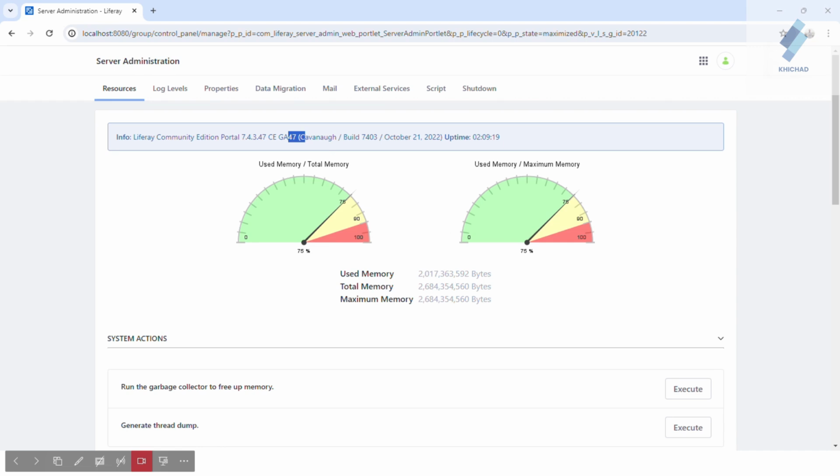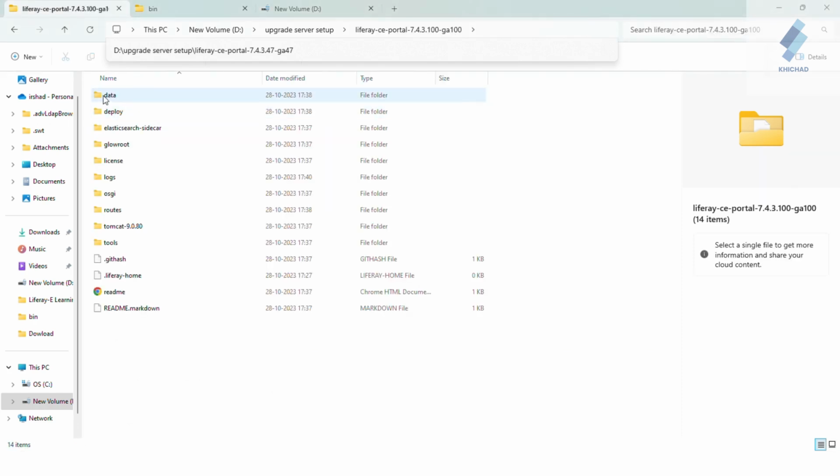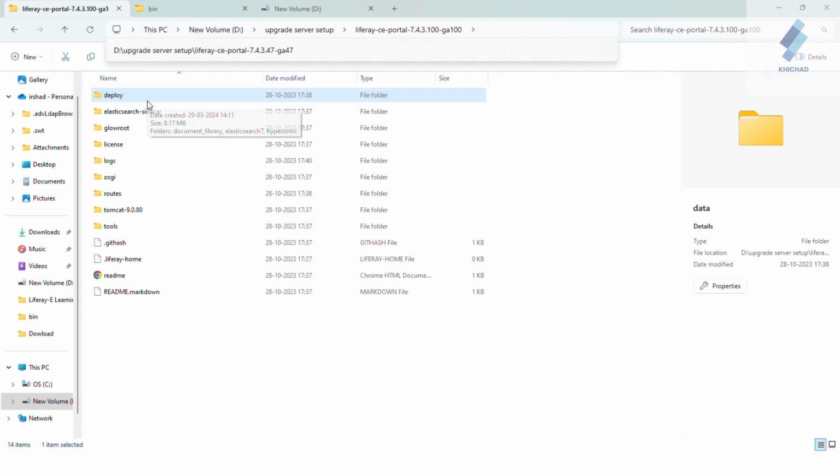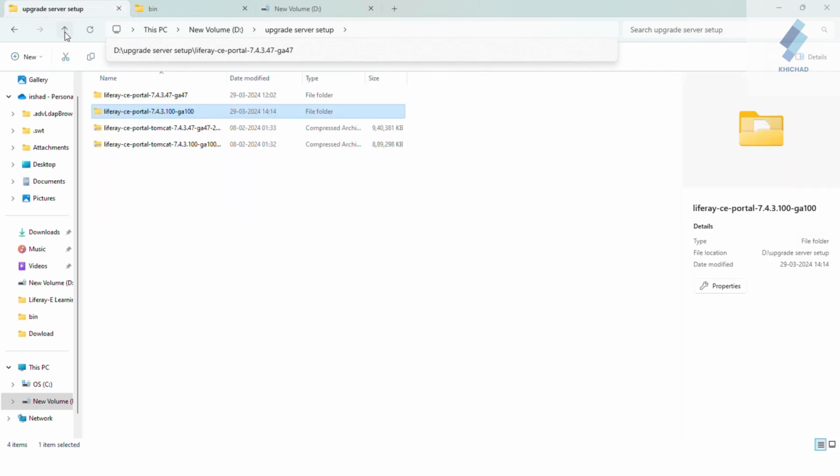I'm moving to the next step. Go to the home folder of the new Liferay server. First, delete the data folder from the new server. I'm deleting this data and going to your older server, GA47.